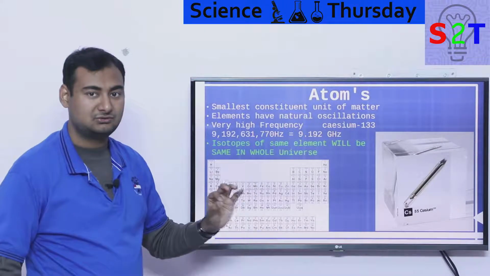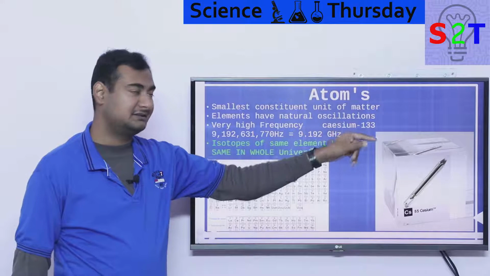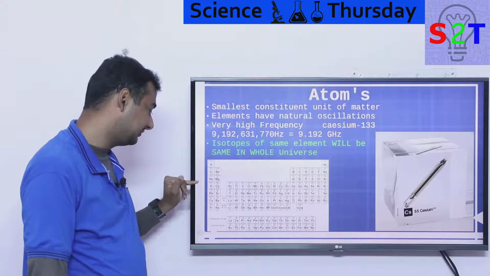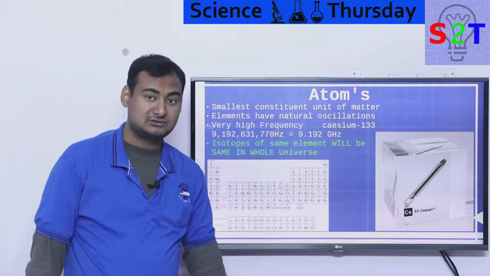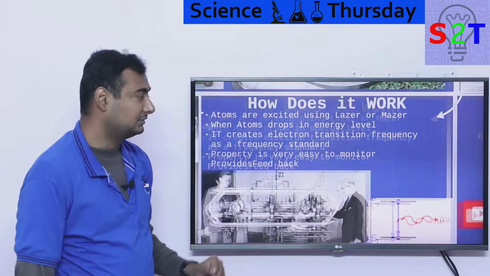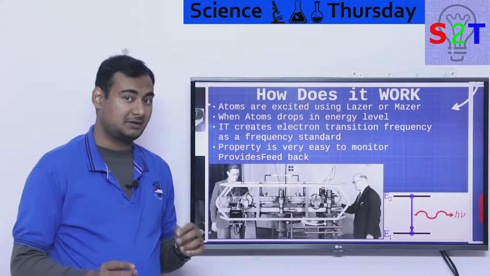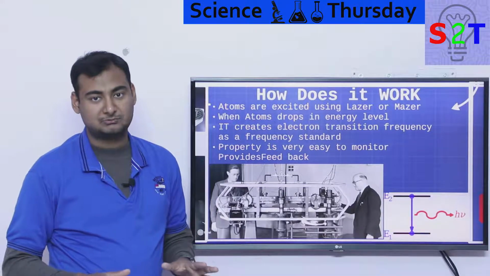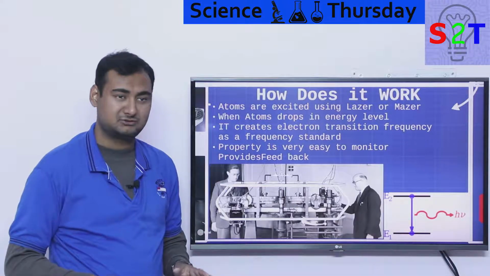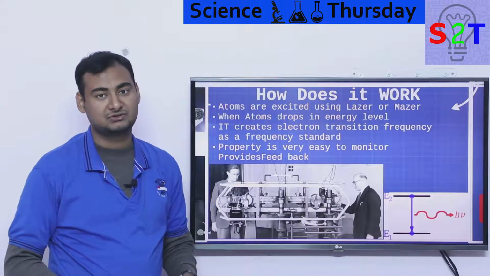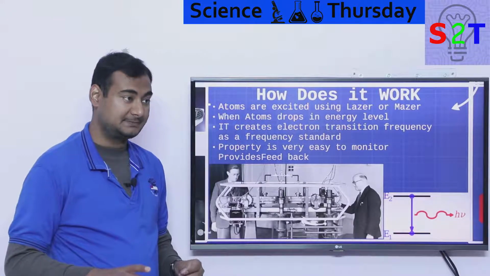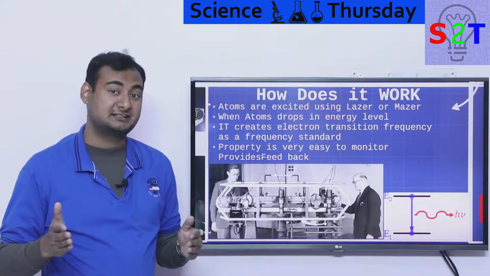So we have locked it down to one simple aspect, cesium 133. As you can already tell, you can do that with hydrogen, you can do that with rubidium, and you can also do that with mercury. So that's the atom part of it, that's the oscillator part, how all these things work. Now there are ludicrously complex mechanisms at work. Nobody can explain this; you have to study quantum physics to understand it properly. So I'm not going to try to explain that, but I will try to explain it as a clock,